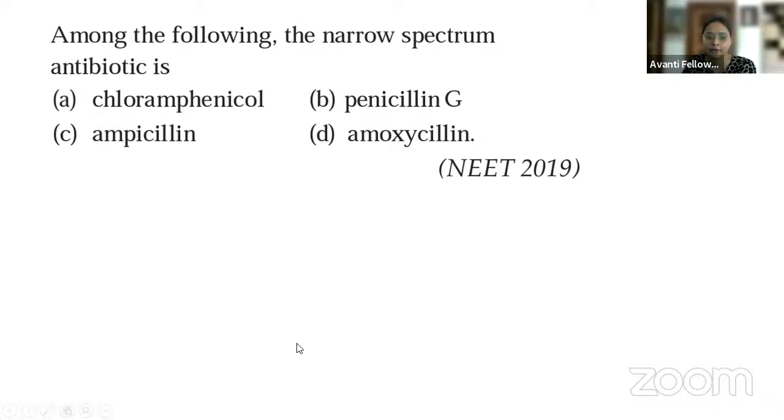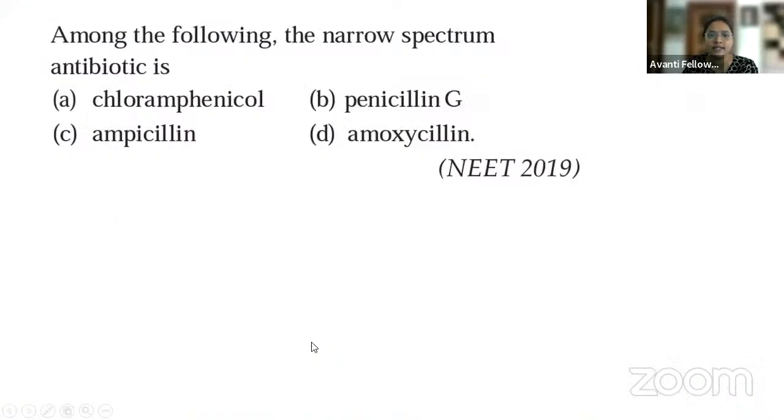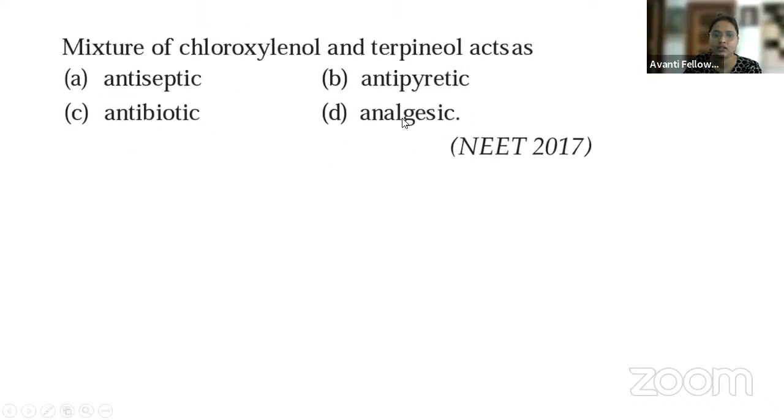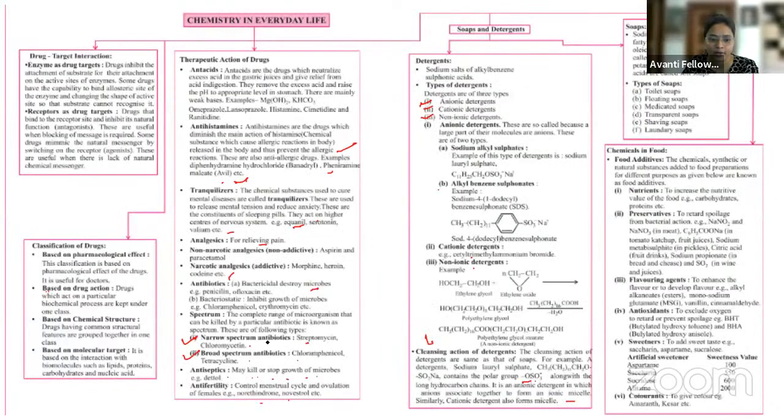नैरो स्पेक्ट्रम एंटीबायोटिक्स कौन से होते हैं? ये होते हैं ट्रिप्टोमाइसिन और क्लोरोमाइसिन। यहाँ पे कौन कौन से दिए हमको? क्लोरोएम्फेनिकॉल, पेनिसिलिन जी, एम्पिसिलिन, अमोक्सिसिलिन। तो इसमें से नैरो स्पेक्ट्रम एंटीबायोटिक हमारा आंसर है पेनिसिलिन जी, ओके। पेनिसिलिन जी इज अवर करेक्ट आंसर, विच इज रिस्पॉन्सिबल फॉर नैरो स्पेक्ट्रम एंटीबायोटिक्स, ठीक है। आप ये भी लिस्ट में ऐड कर लो, नैरो स्पेक्ट्रम एंटीबायोटिक्स में पेनिसिलिन जी, ठीक है।